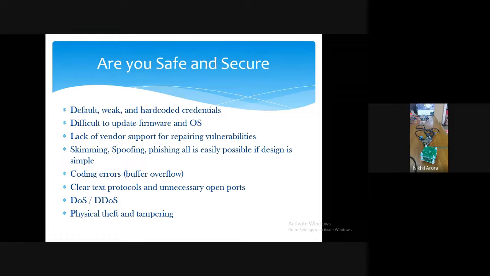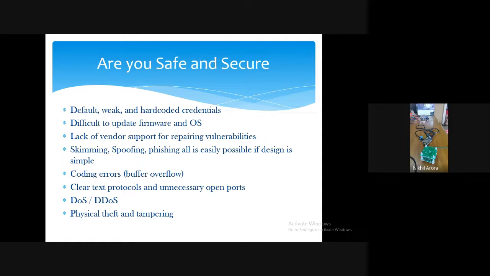So are you safe and secure? If you are having very default and very weak passwords, okay, or you cannot change the password if it is hard coded in the code, then your security is compromised. Okay, if you are not able to upgrade your firmware, suppose you have made some devices for any patient and you are not able to change the code of device if any errors are there, then problem for you, correct? Then again patient has to go to the seller or vendor, give him the old device, wait for 1 week, and then upgraded device will be given back after code update. So that kind of things is very difficult in IoT world.